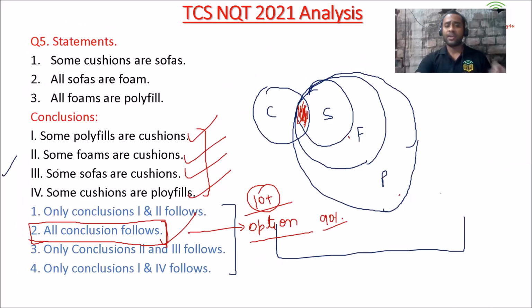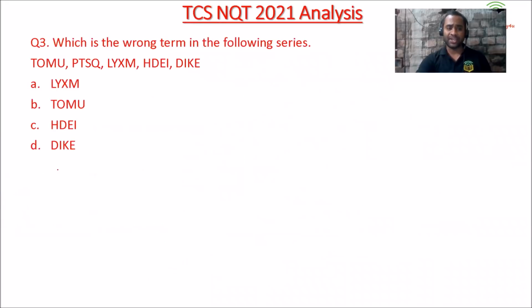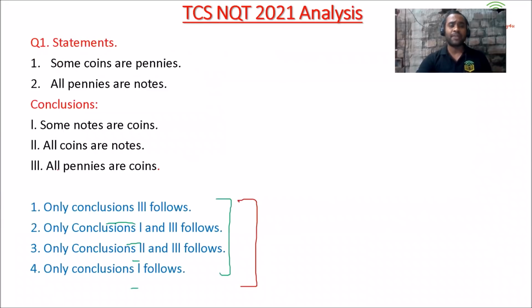So friends, I know in these 6 questions we did, many of you would have made small mistakes. That happens because when you have more speed, even when you are riding a bike, when your speed is more, definitely you will make more mistakes. And friends, I'll be doing all the problems of TCS NQT.